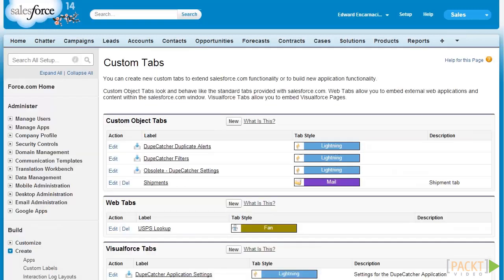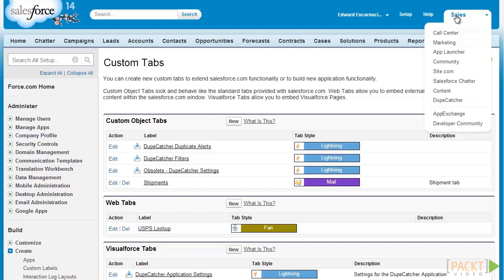After creating our custom object tabs and our web tabs, we're now going to create a custom app to host our new tabs as well as group other related tabs together. An app is just basically a visual segregation of different tabs within the system. It is not a data level kind of segregation. This means that the accounts object in the call center will host the same data that is available for the accounts object in the marketing as well as the sales side of